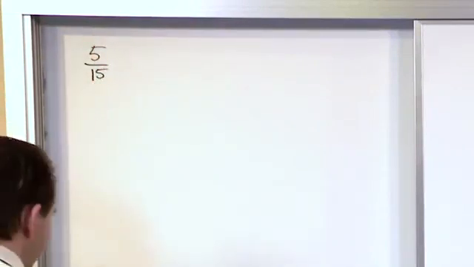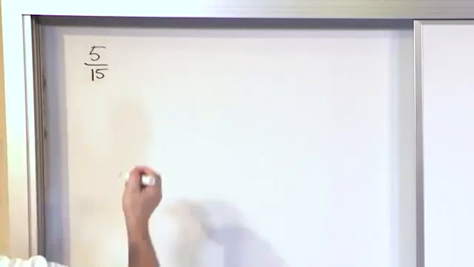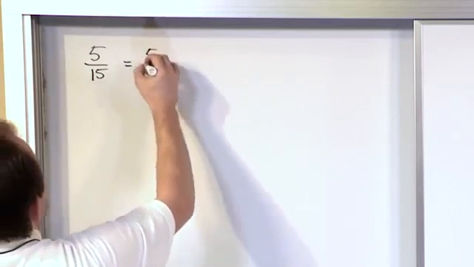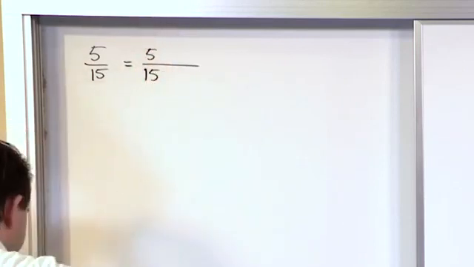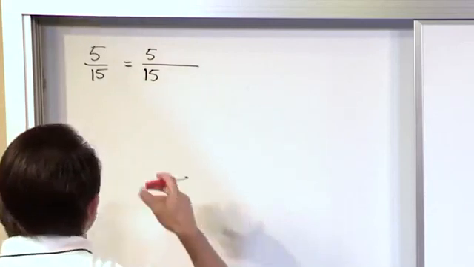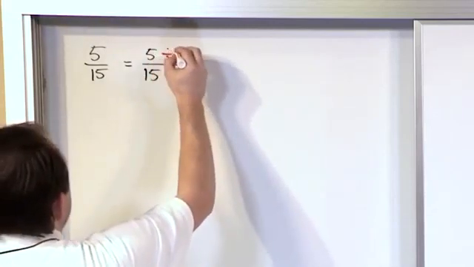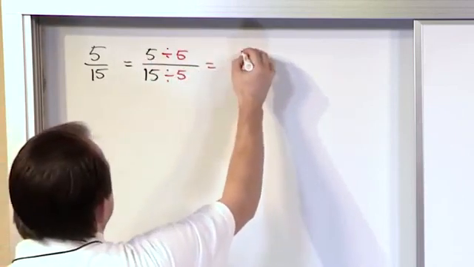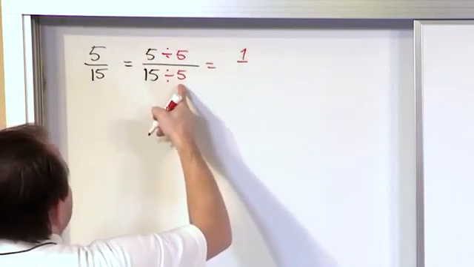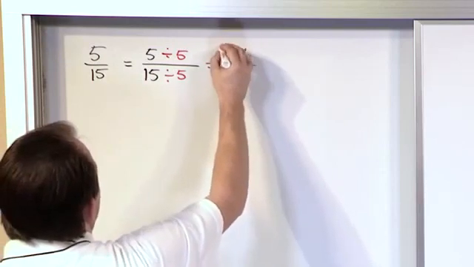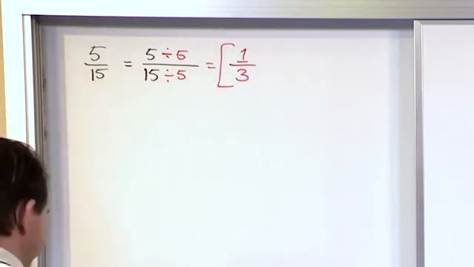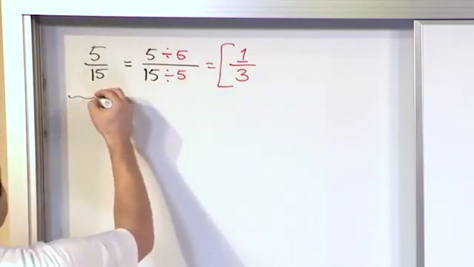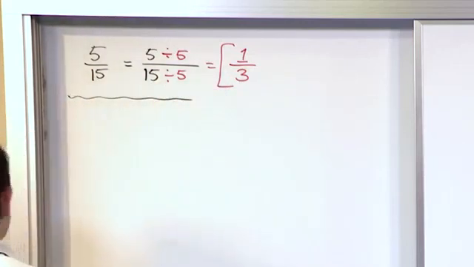5/15. How do we simplify? First of all, is this a simplified fraction? It's not, because I can look at it and see I can divide the top and the bottom by something to make this simpler. In this case, I know I can divide the top by 5, and I can also divide the bottom by 5. 5 divided by 5 is 1. 15 divided by 5 is 3. So 1/3 would be the final answer there. And if we were to draw both of these pictures, we would see that they're both equivalent. What about